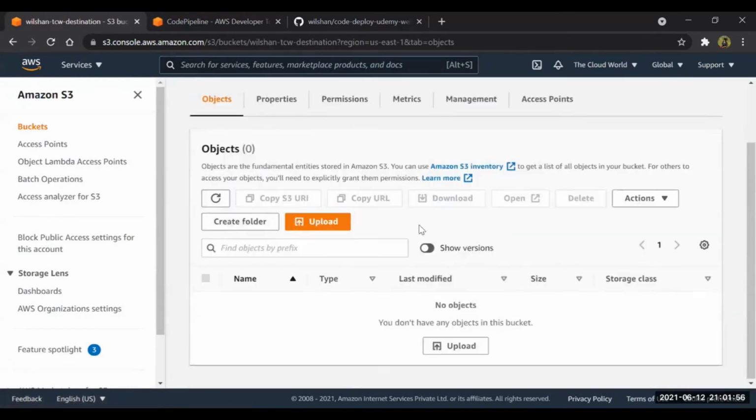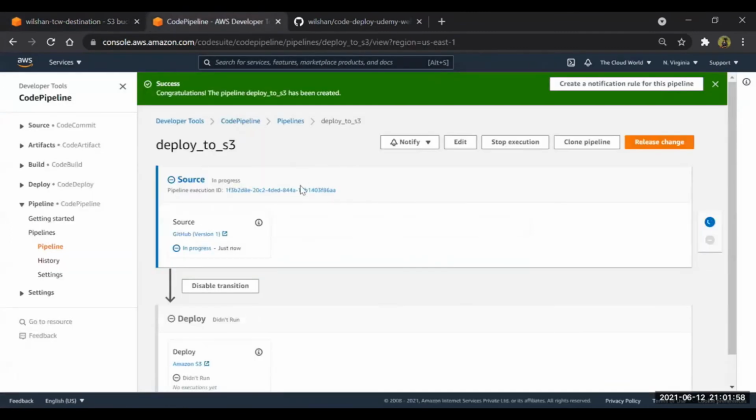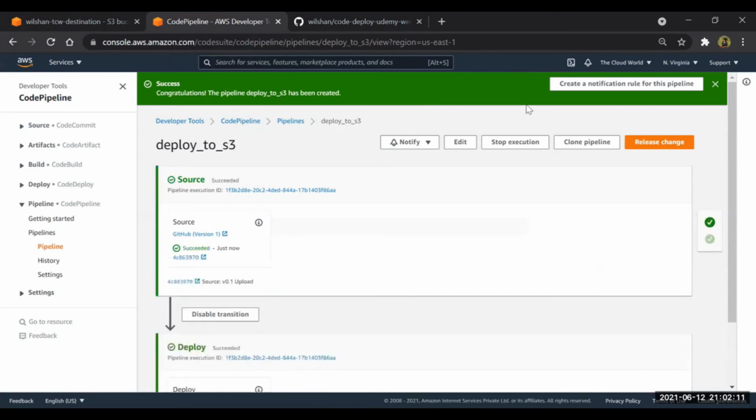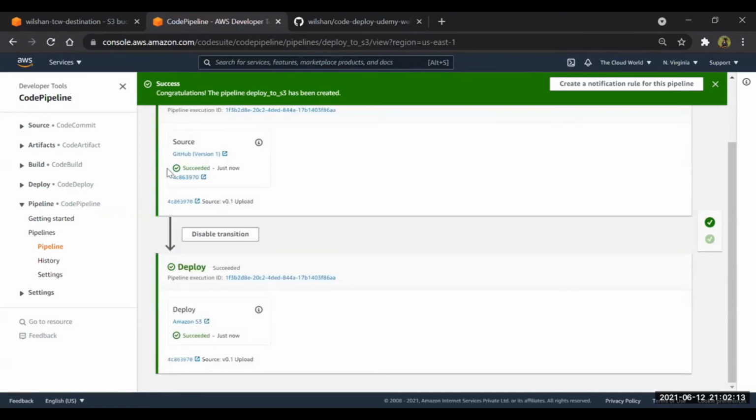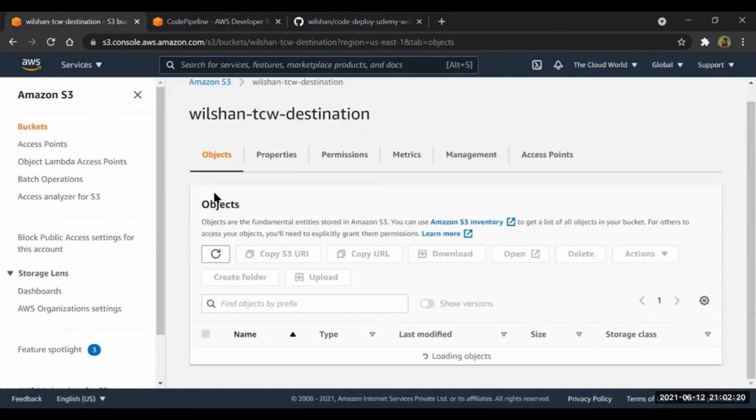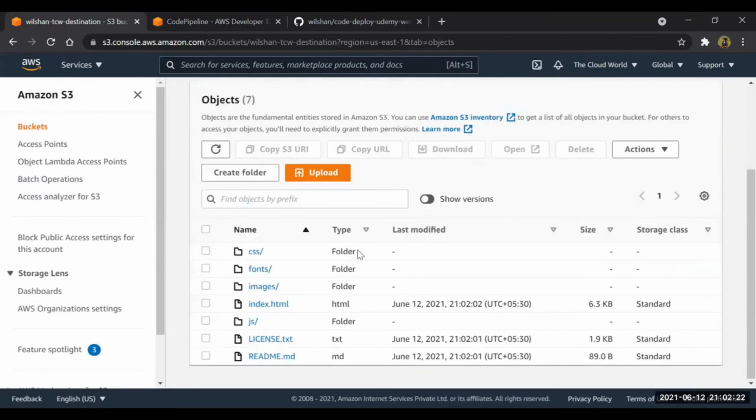Just we can refresh it. Okay, the pipeline has been triggered. The source has been triggered. You can see it's in progress. The source is GitHub. Finally, you can see the deployment has also succeeded. Both have succeeded. We will move to the S3 bucket, and as you can see, we have all the code in our S3 bucket.